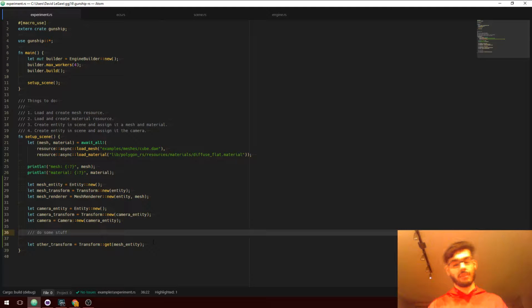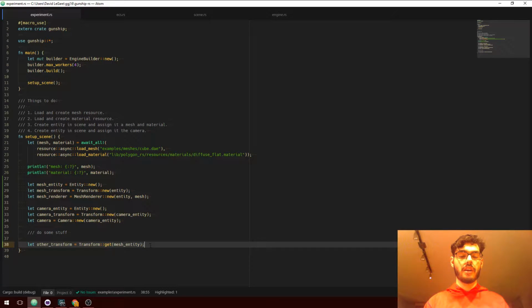That works in some cases, some of the time, but ultimately it comes down to the gameplay code writer, the game developer, having to work around the limitations of the game engine. They have to butt against problems at runtime rather than having the compiler tell them what they're doing wrong. And really, if there's really something that Rust's about, isn't it having the compiler tell you why you're wrong? And so that's what I want. I want an API where as many errors as possible are going to be caught at compile time.